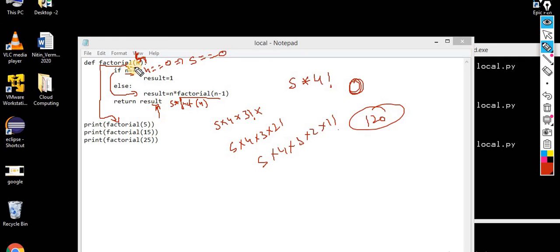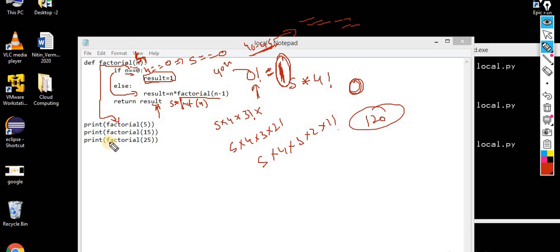I missed one thing, so that's your assignment: the 0 factorial is always 1. Keep this point in mind; you are supposed to implement this as well. Same thing I implemented with the help of this, because the 0 factorial is always 1. This is a mathematical rule. You can check it out on YouTube. There is a very beautiful video, approximately 40 to 45 minutes, on why 0 factorial is 1. I don't know the link, but you can search for it on YouTube, where everything is explained mathematically in great detail.